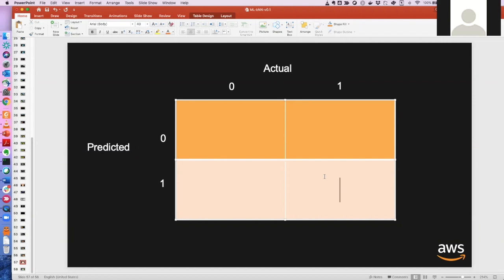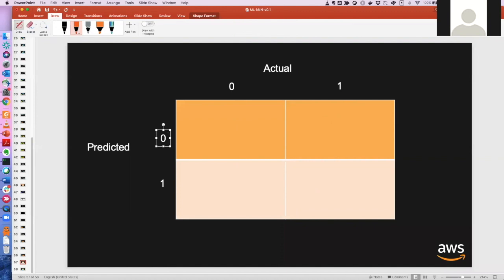How this works is, let's say you have a data set and the actual class labels were 0 and 1. Similarly, your predictions would also be 0 and 1. Now you make these four blocks. When you have predicted 0 and the actual class is also 0, that means your model is good. Similarly, in the bottom right block, you have predicted 1 and the actual was 1. That means your model is very good. But if you see any data here or here, then it is very bad.